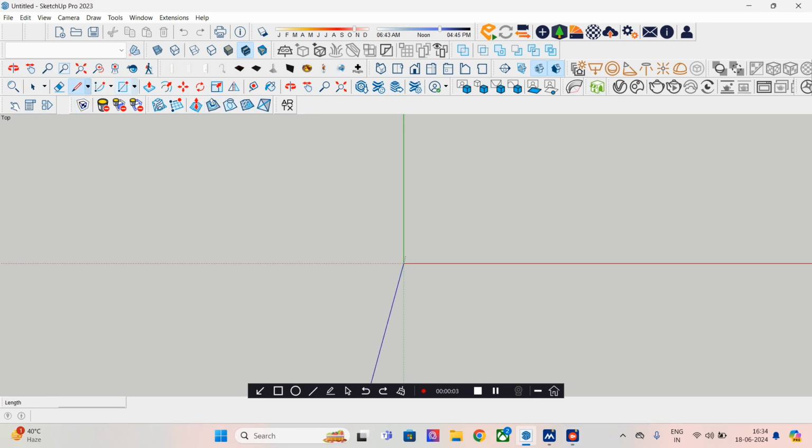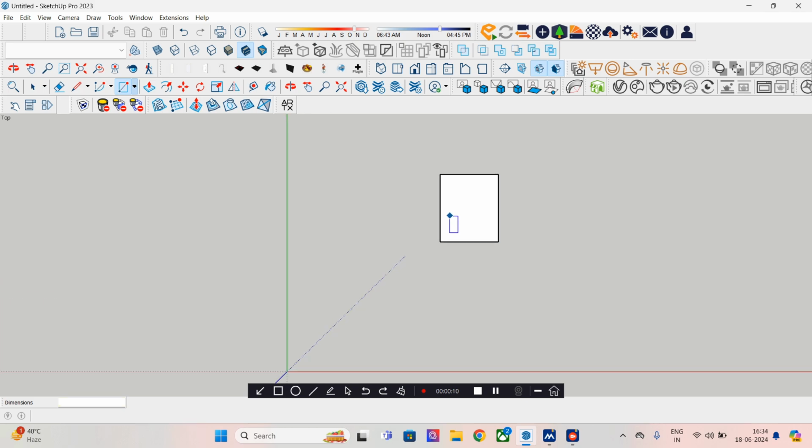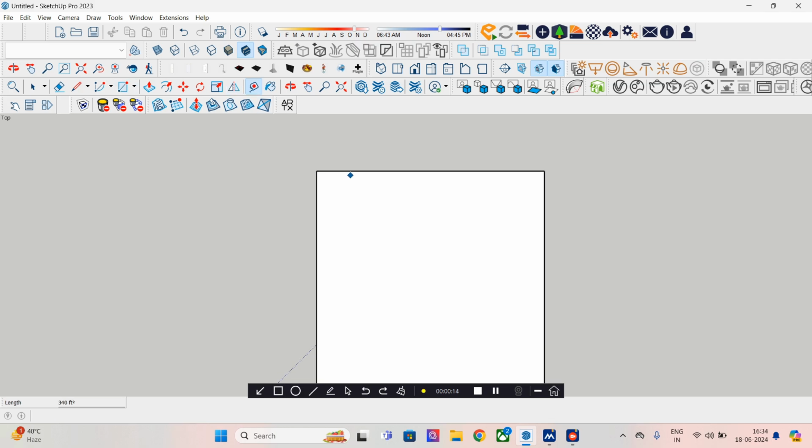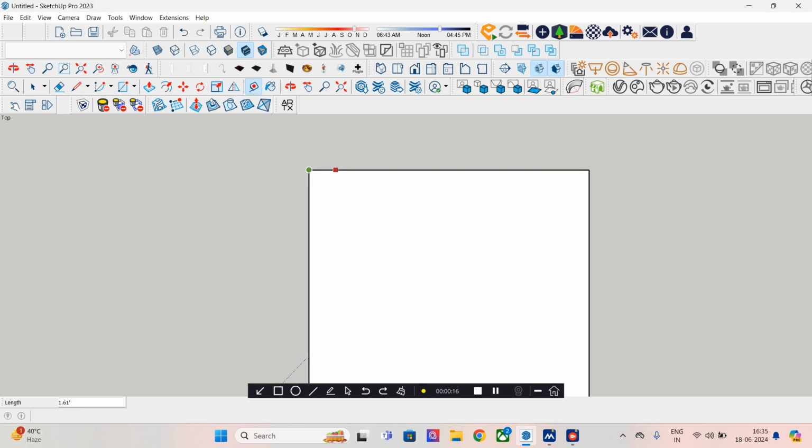Firstly, take rectangle and add 17 feet, 20 feet and press enter. So we have this rectangle 17 feet, 20 feet. Now press T and take 1 feet gap from every corner like I am doing. From right and then